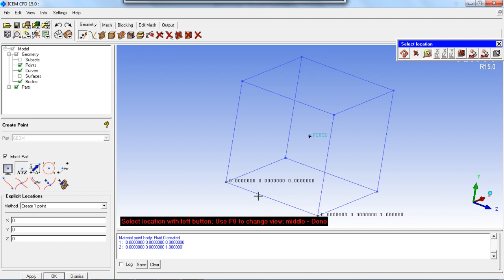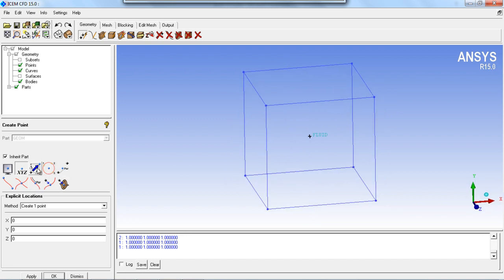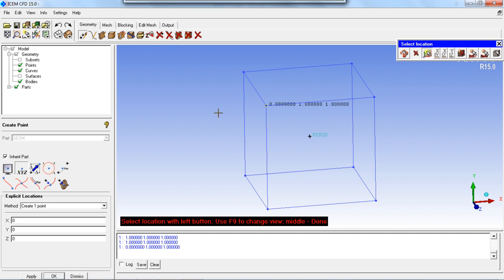So I want the point at z 0.5. Again here the y is 1, so I will put y as 0.5, so I will get a point in the center, and then also in the x at 1. x0, y1 and z1, x1, z1, y1.